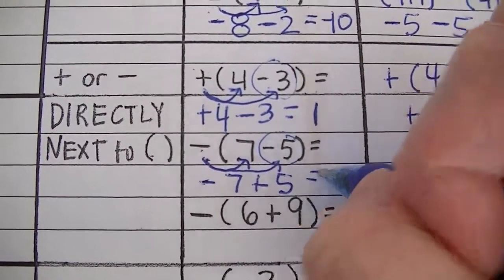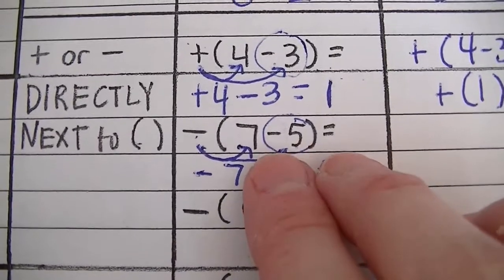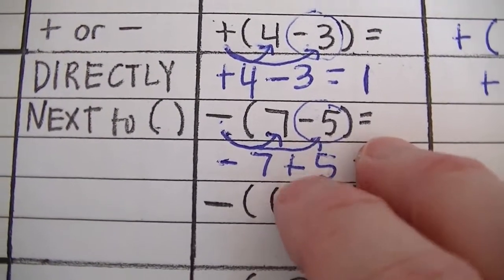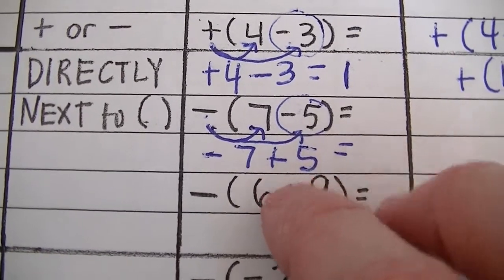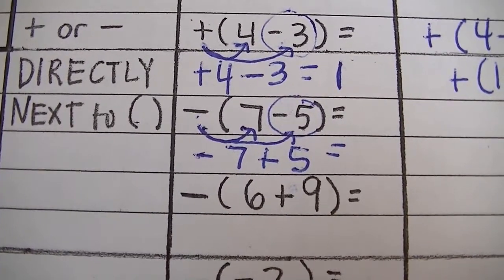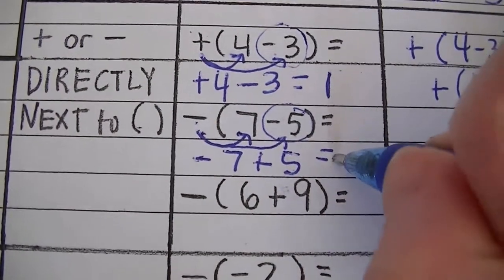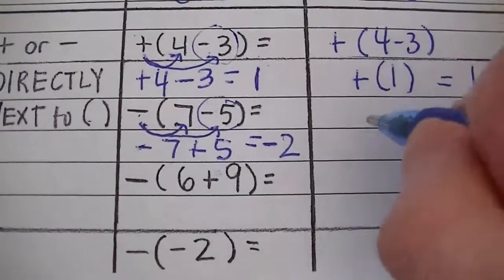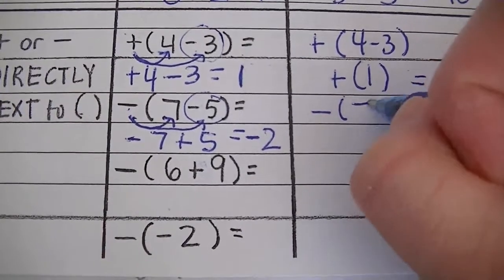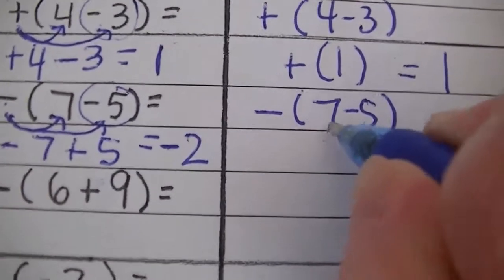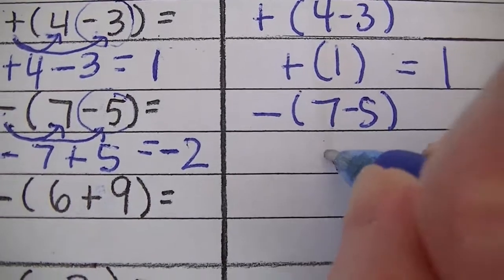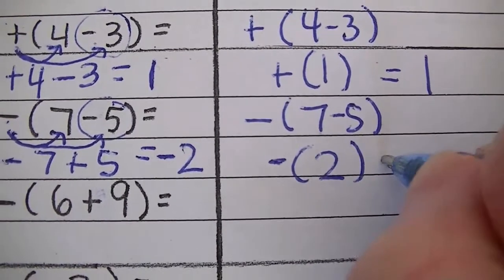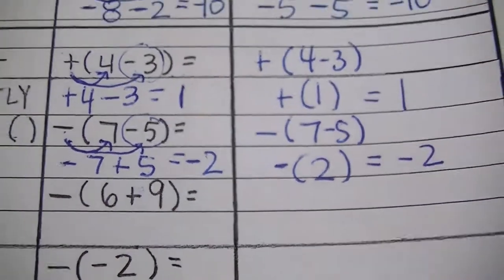So think about where you're at on the number line. With a -7, you're 7 units to the left of 0. And now you're going to go to the right 5 units. Can you picture that? That would place you at -2. Okay, go ahead and rewrite that out over here. Okay, so I have 7 minus 5. 7 minus 5 is 2. Put that negative out there. Negative times a positive 2 gives me -2. Okay,